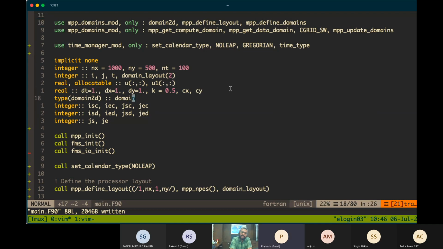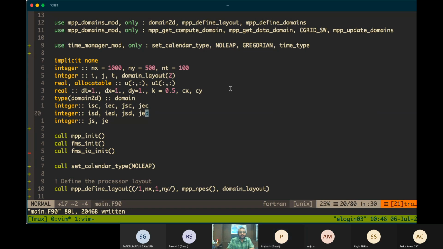The time variable in the time manager is a derived data type, or you can call it an object, similar to a Python object.